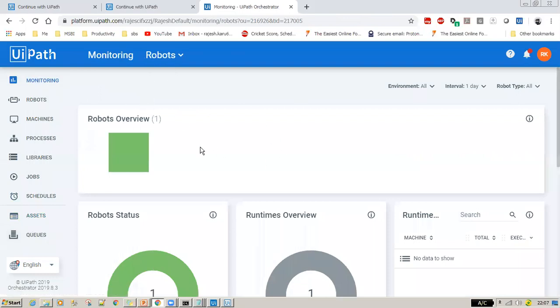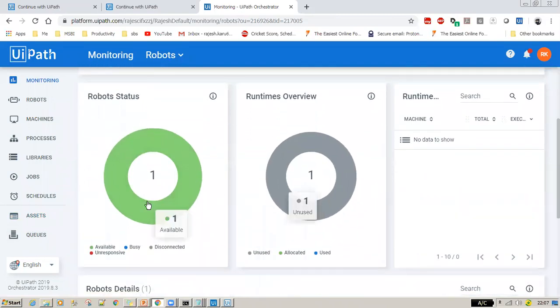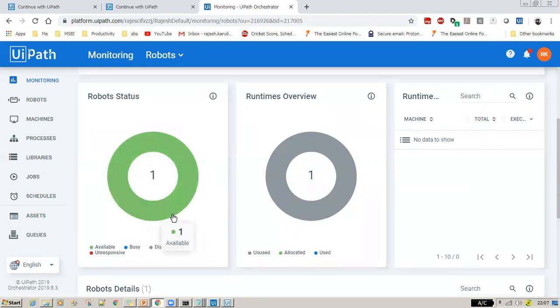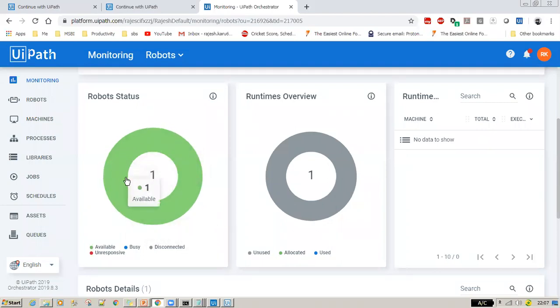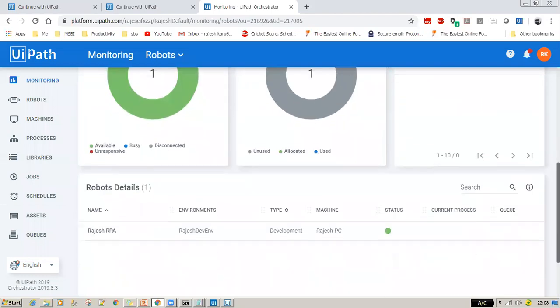See, monitoring is one consolidated dashboard for a team, where it shows the runtime overview of all the different robots currently running, which robots are available as of now, and how many are busy. And sometimes some of the robots might be unresponsive. So this is an interactive dashboard where you can click everything, a runtime monitoring tool.